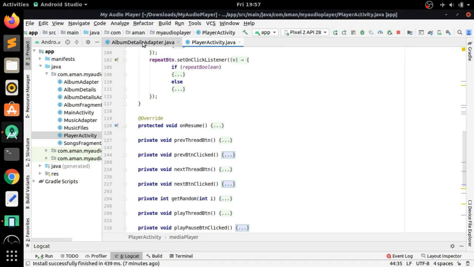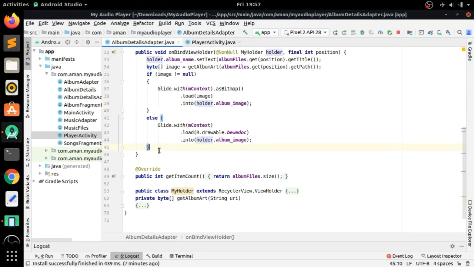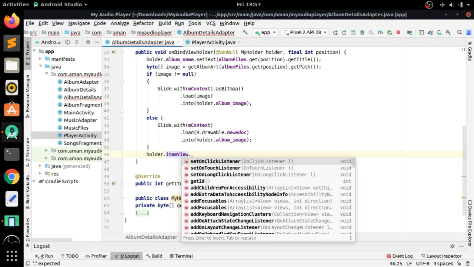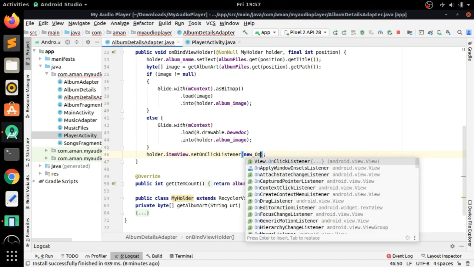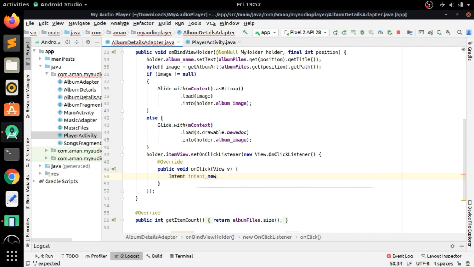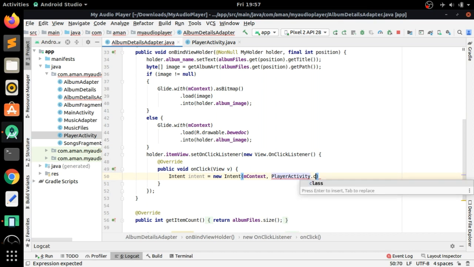Now we will first play the songs that are in albums, and we will start the activity for playing the songs in player activity using holder.itemView. We have set the on click listener to this, and we have to start the intent for player activity.